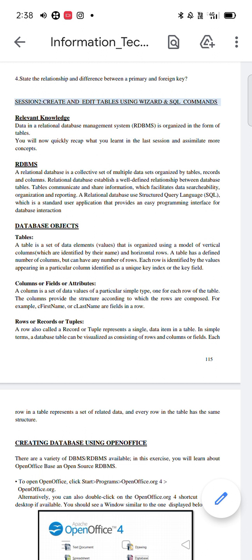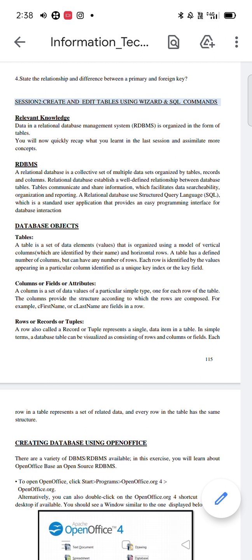Whenever we create a table, there is a column name. Until and unless a column name is given, it's not valid, or I'll say it's not possible for us to create a row, right? Once the column is given, that decides what the structure of a table or a database is going to be, or what kind of row we are going to compose.